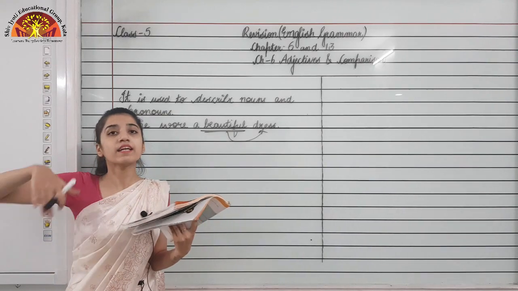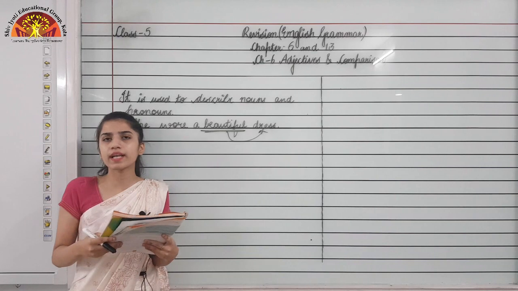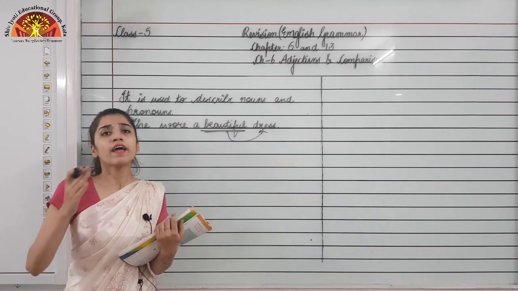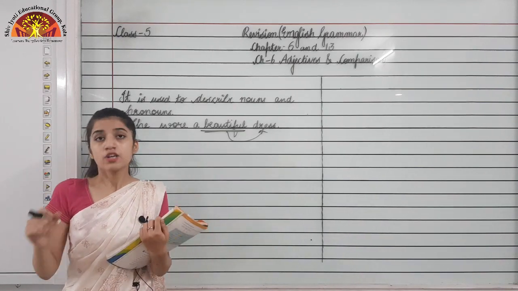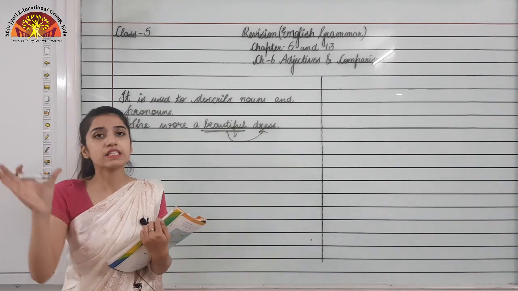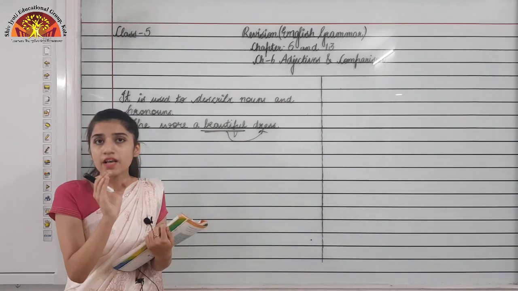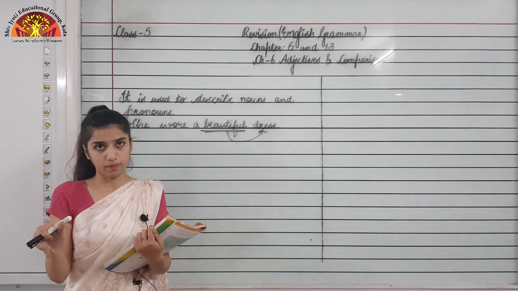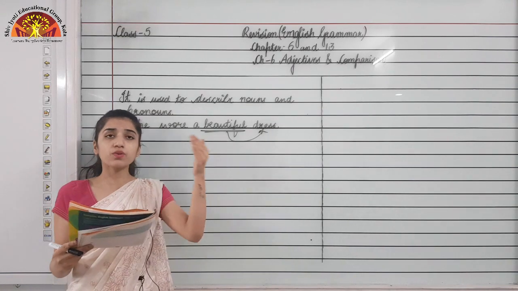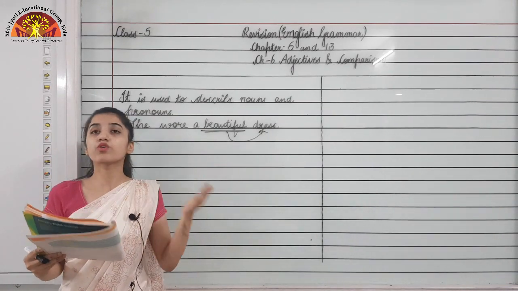After that, these adjectives can be added. I am giving you an example: her hair is gorgeous. So gorgeous is an adjective, because it is describing her hair, right? And it is coming after is, which is a be form of the verb. Now moving to the third point, after verbs like look, seem, grow, feel.